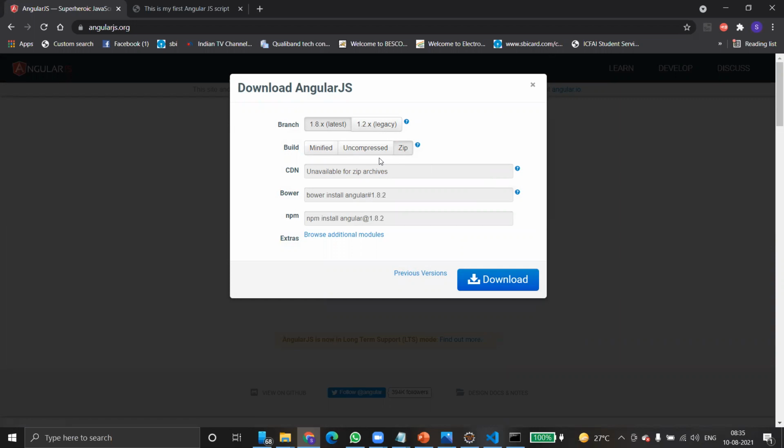And if you are using CDN access, this is CDN access actually. Go to CDN and click on it. You can see the CDN version, this is the uncompressed version. You already know CDN. We have already used CDN for Bootstrap and jQuery also. Similarly, we can copy the link of the CDN and use it in your script. So we can use it.